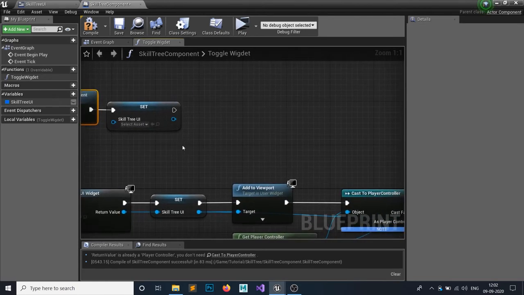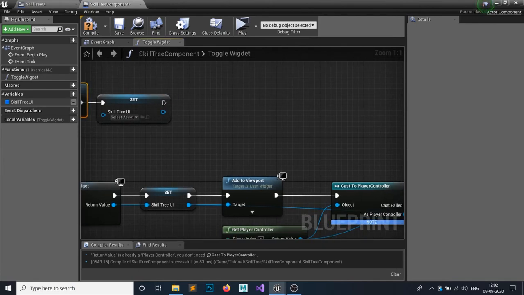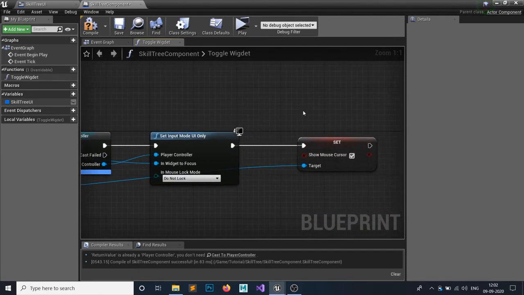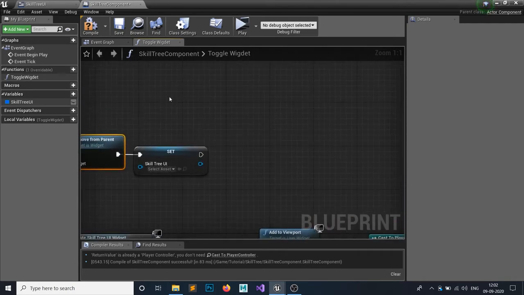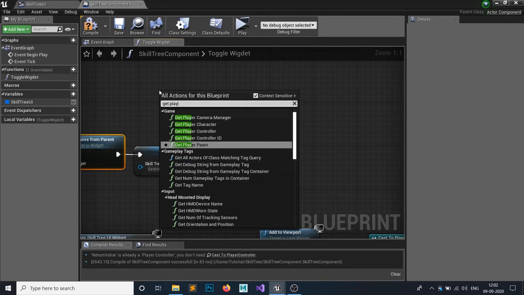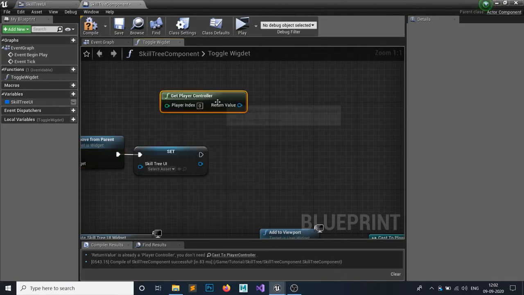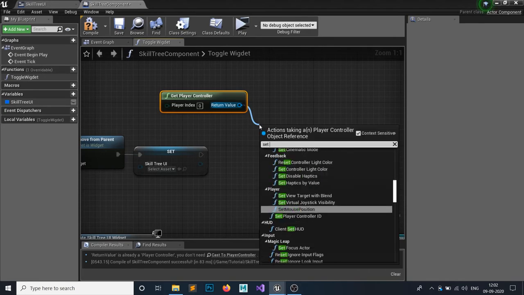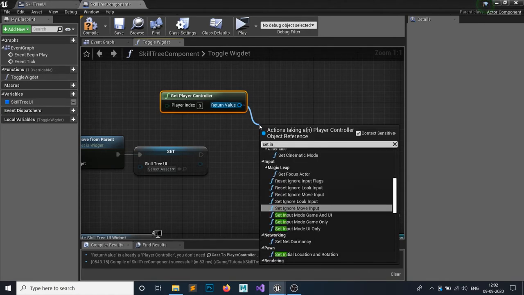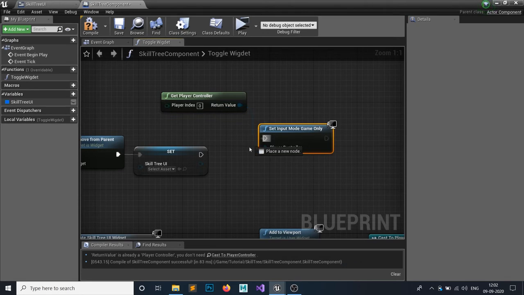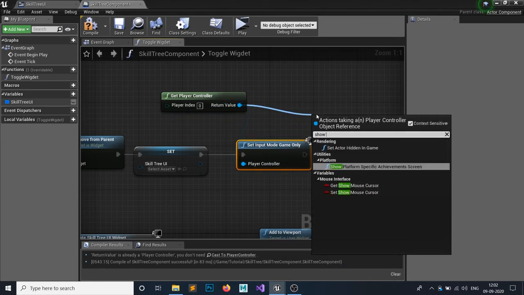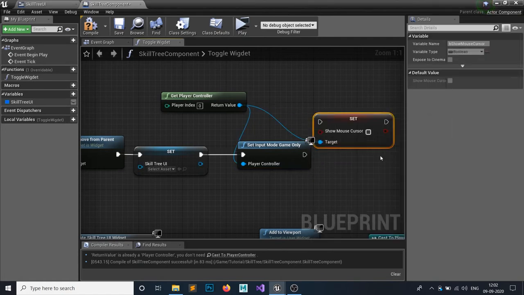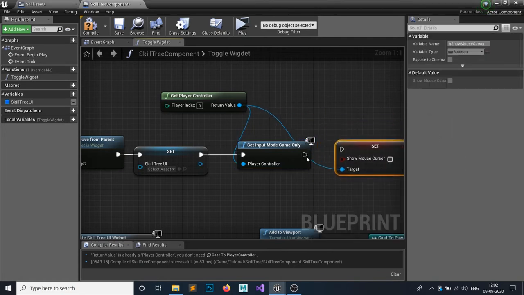After that, we don't want to show this mouse cursor and we want our input mode to be game only. So we're gonna get a player controller, and from that set input mode to game only, and our show mouse cursor, we don't want to show our mouse cursor, so set show mouse cursor to false.